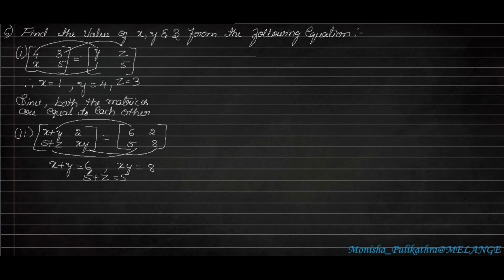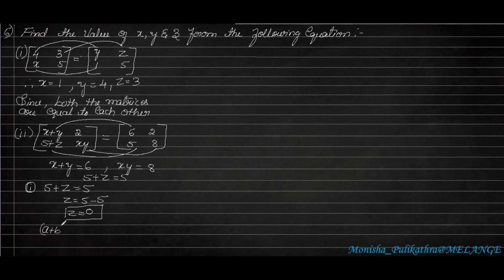So first I will be taking the third equation, that is, since they have given 5 plus z is equal to 5, I will be shifting this 5 this side, it will become 5 minus 5, so z is equal to 0. So we got the value for z, right? So for deriving x and y value, I will be taking algebraic identities.